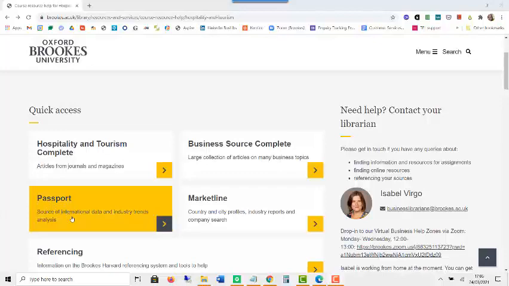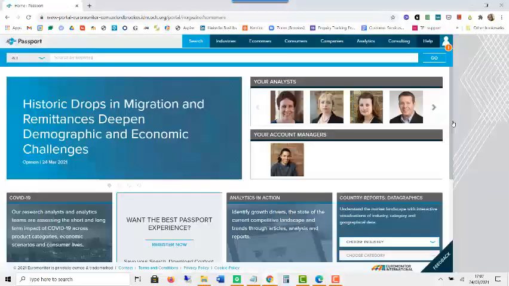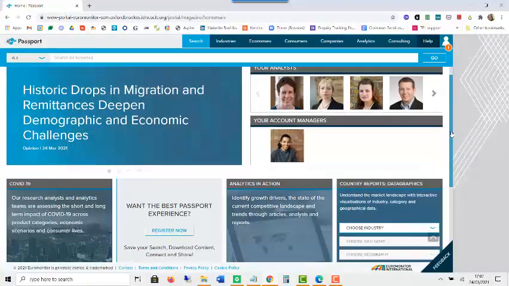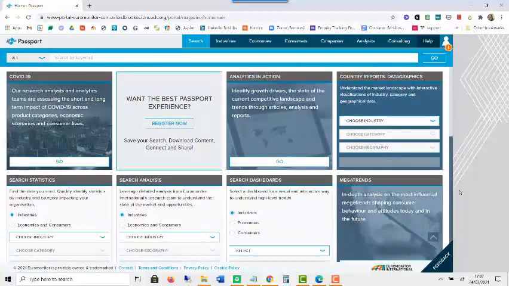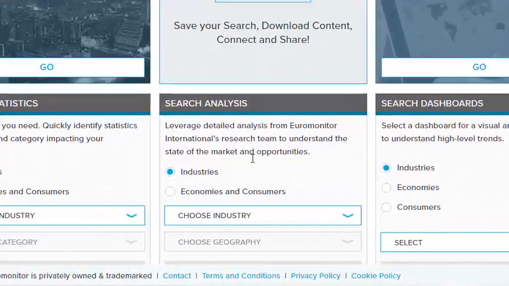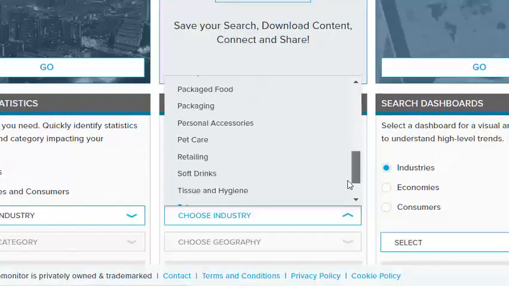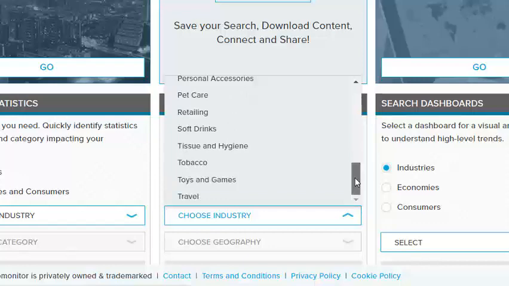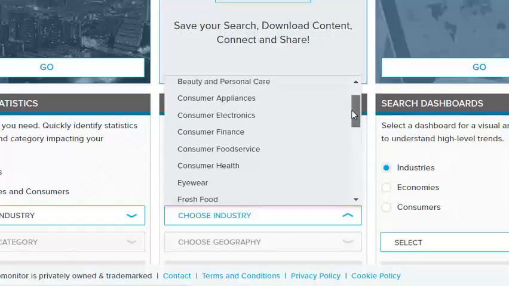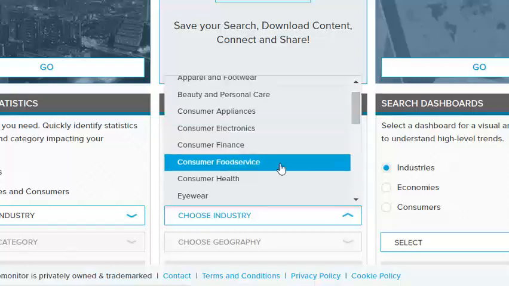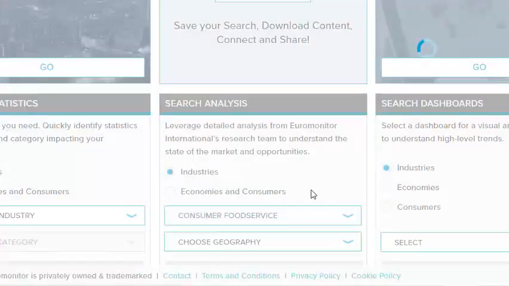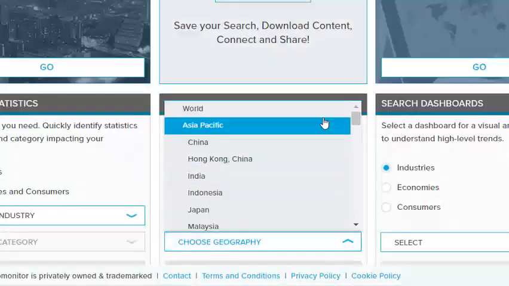You'll find the link to Passport here on this page as well. Passport can look quite intimidating to use because of all these boxes and different searches. But what I would normally focus on is the search analysis box. So here you can select an industry. So for tourism, there's travel, and for hospitality, there's consumer food service. So let's take a look at that. And then when it comes to choose the geography, I'll just choose world